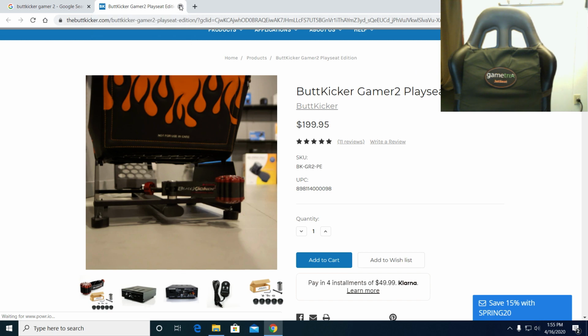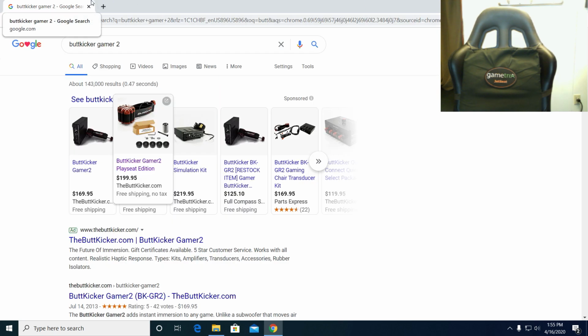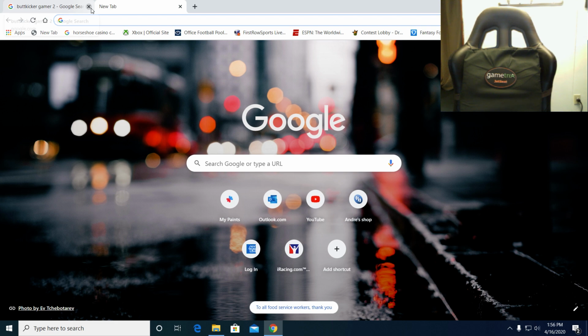But the problem with the butt kicker was being at other buddies' houses and things like that. When you're in somebody else's house, if they're in the car next to you, you hear their engine, you feel it coming through your butt kicker too, and I didn't want that. So I looked around and I found these guys right here,